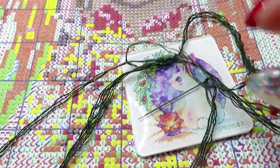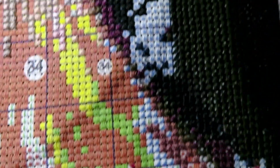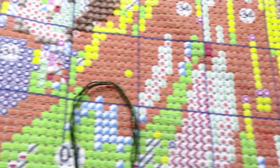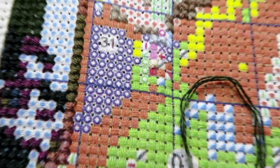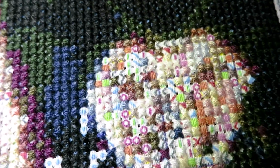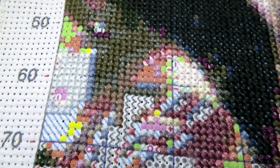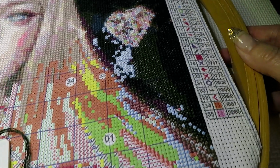Munching on it. I have already threaded dark green here, and that is for those blue dots, this one symbol that I have to finish, and I have a little bit on another side right in there. And then tonight I'm just going to stitch bits and pieces, like one symbol in here, hopefully get the confetti in this heart, and maybe finish a little bit in here. So I'm going to pick up my slacks and make a little bit of progress on those confetti, and then I will move this frame